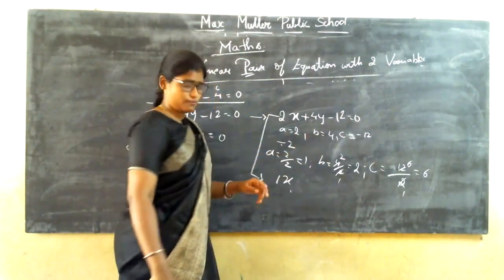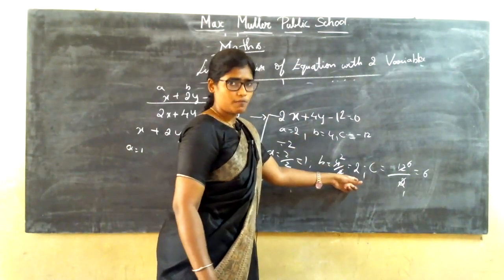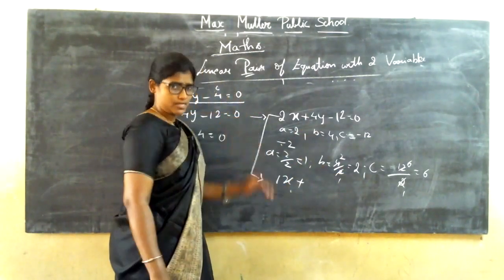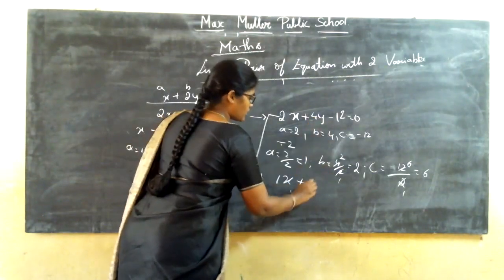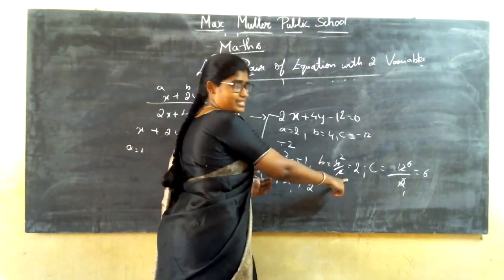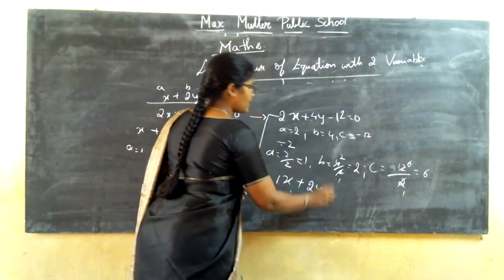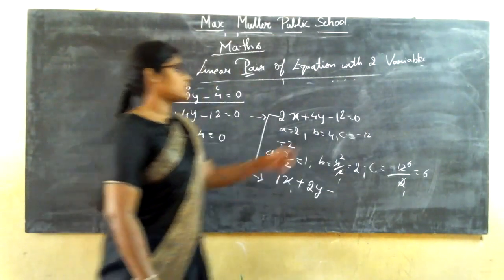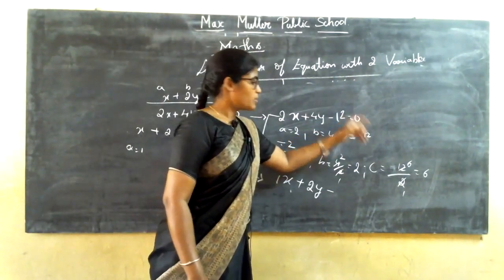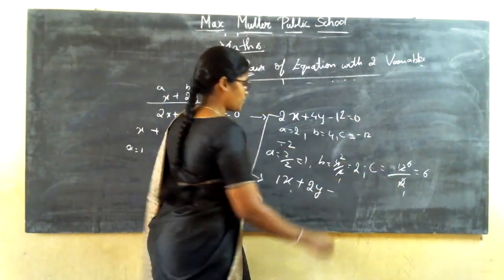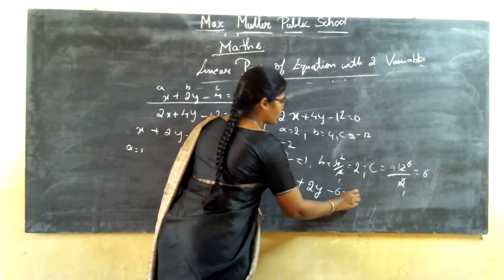Then the value of B was 4. Now you have got the value of B as 2, and you have the plus sign, you are going to keep the plus sign as it is, but you are going to change the value of B. Why? Because this is the highest number and you have the least number here, so it is 2y. Then the minus sign is there, keep this minus sign as it is. Next, the value of C was 12, but the value of C you have got with the simplified one is 6. 6 is smaller than 12, so we are going to take this.